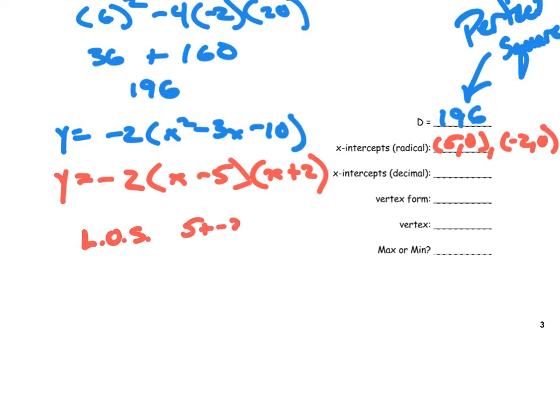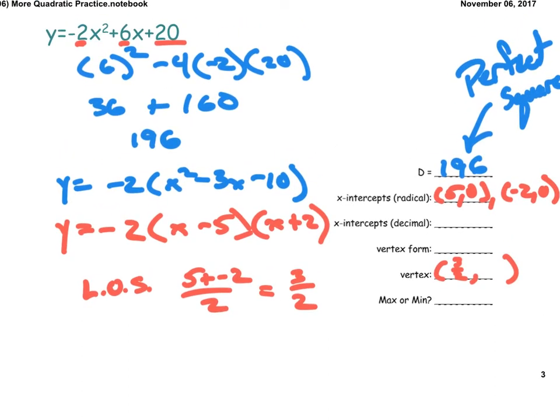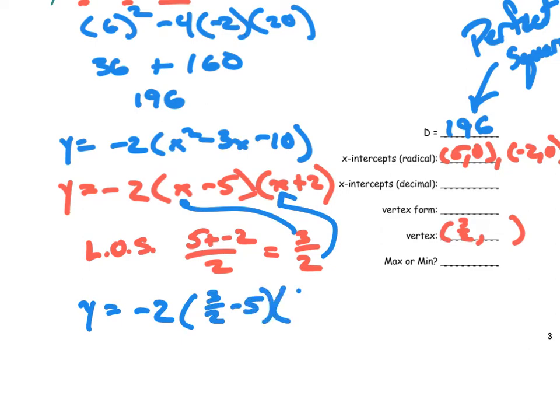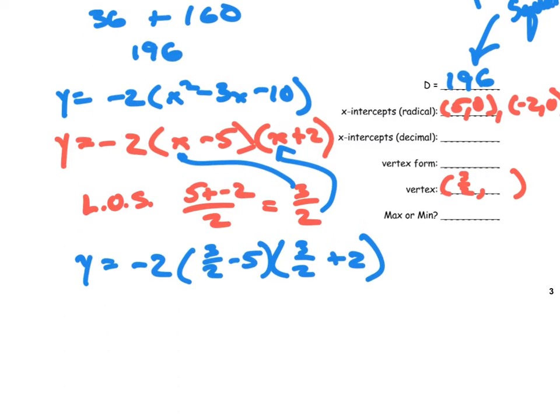So 5 plus negative 2 over 2, that gives us 3 halves, or 1.5, which gives us an x-coordinate of our vertex as 3 halves. We can then take that 3 halves and put it into our original equation, or we could put it into our factored form for the x. So we'll go ahead and do that. Y equals negative 2, 3 halves minus 5, 3 halves plus 2. Got to do a little calculator work here, but you end up with a vertex here of